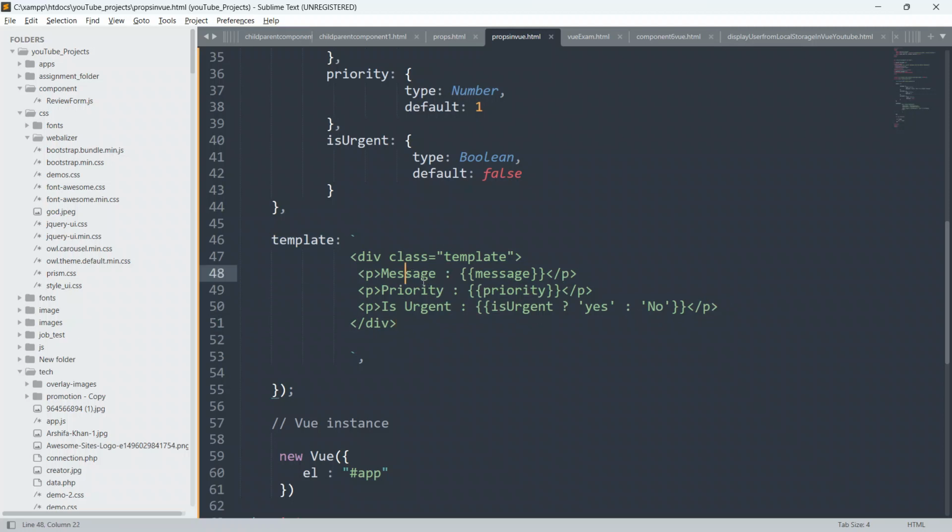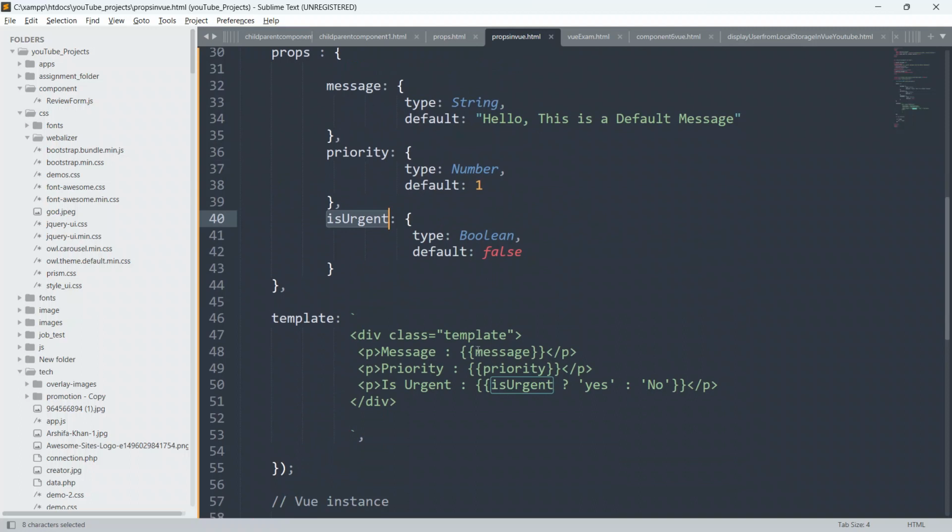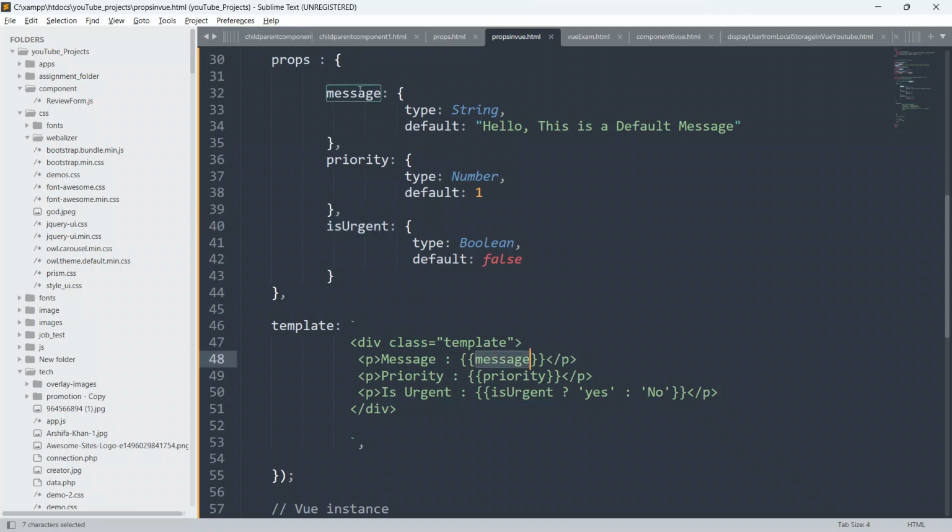Here I am showing message, priority, and is urgent, defining this message property, priority, and is urgent inside the double curly braces, because you all know whatever you want to show to the user as UI or output, we have to define inside the double curly braces if we are working with Vue.js. I am checking here, if it is false, then it will return no. If it is true, then it will return yes.